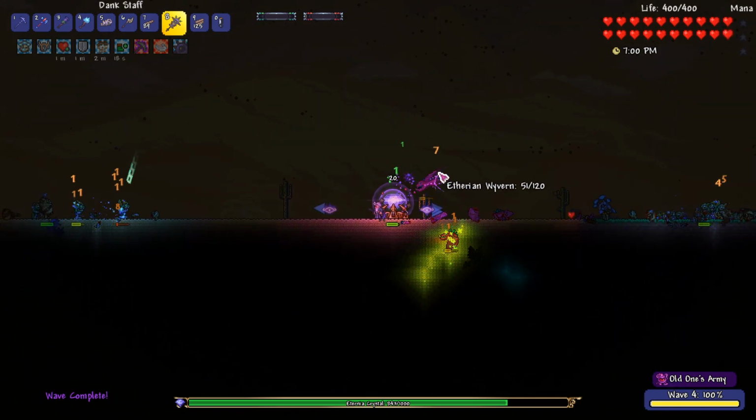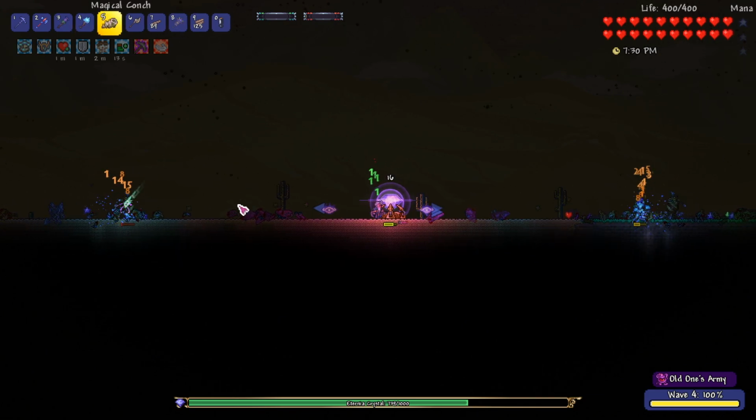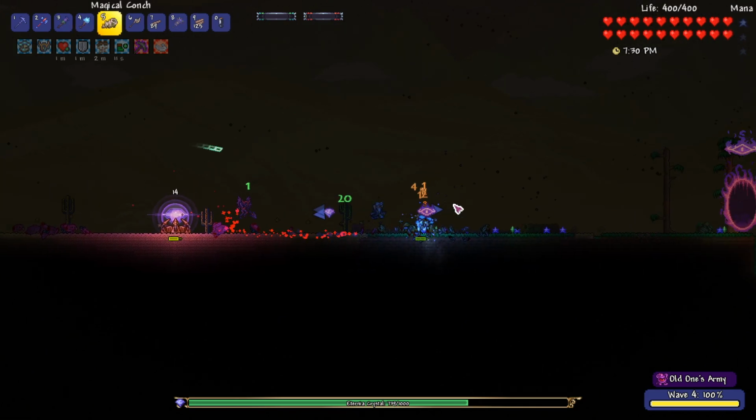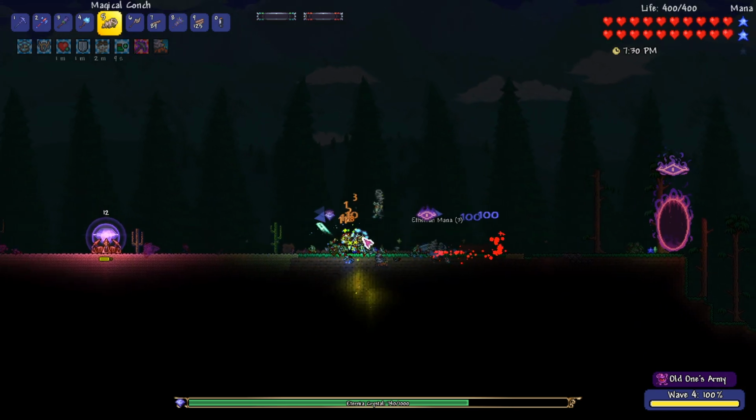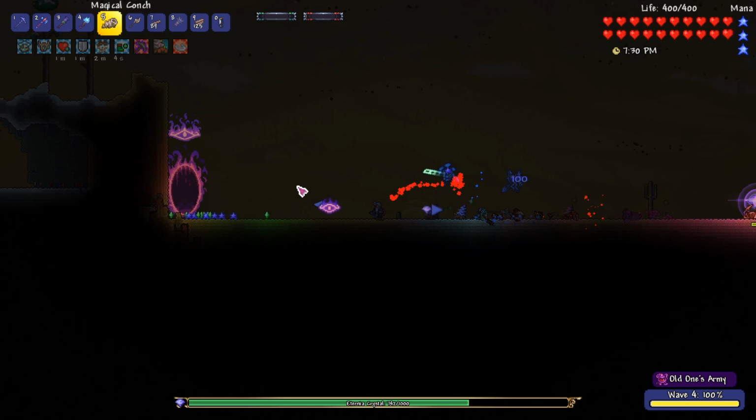So maybe we'll get these killed first, and then we'll swap over to the crabs again. I've run out of mana. I don't know why, but I keep forgetting to take mana crystals, and it's not a good idea. It ain't a good idea. We need to